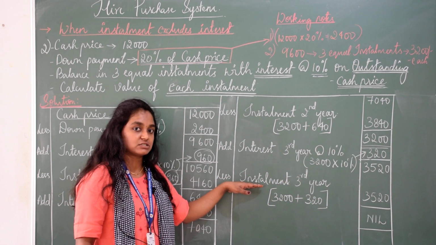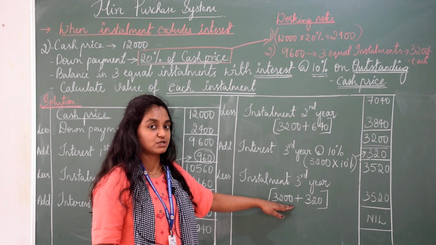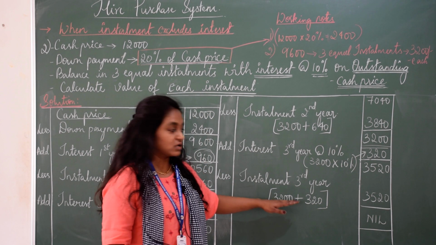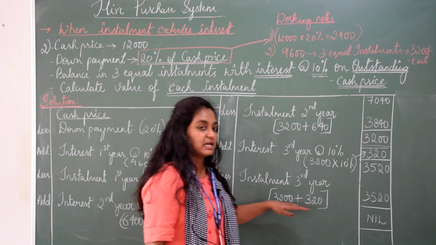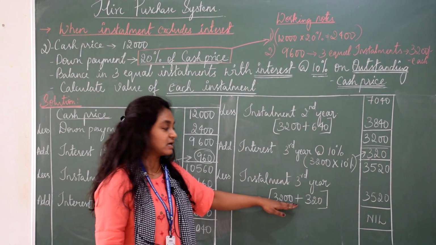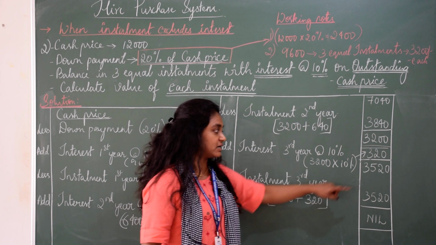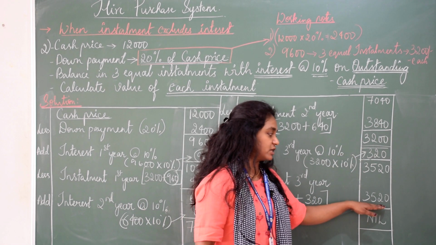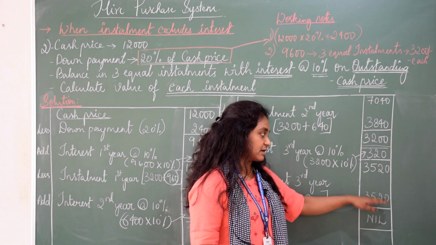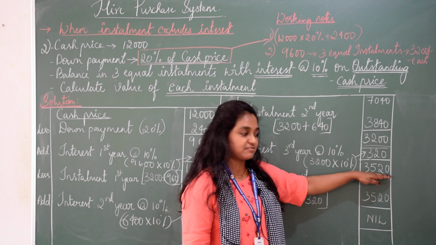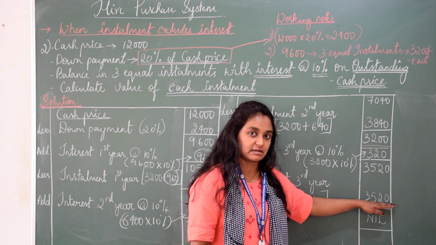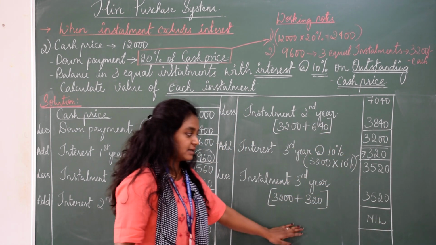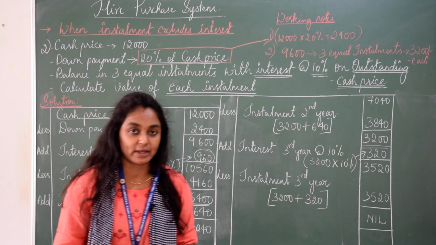Before calculating the third installment or writing the third installment directly 3,200, again I am making it sure this is not the exact installment amount. 3,200 plus interest. 3,200 is purely principal amount and this is the interest that we have calculated on the outstanding balance. So 320 plus 3,200, it will be amounting to 3,520 in the third year. So with the outstanding balance of 3,520, if you remove the installment for the third year 3,520, you will be amounting to zero value or the nil value. So for the third year, the hire purchase agreement comes to an end here.